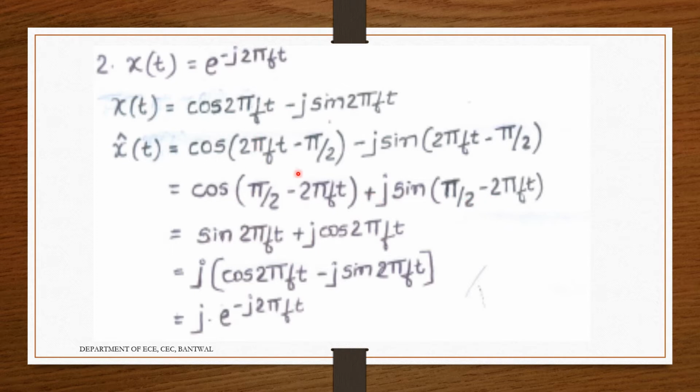So what is this? I am just shifting it here by 90 degrees. So that time it will become sin 2 pi ft, and minus j sin(2 pi ft minus pi by 2) is nothing but j cos 2 pi ft. So what has happened here? Hilbert transform is nothing but a 90 degree shift. So the 90 degree phase shift is being represented here. I have taken directly here that a cos 90 degree shift means sin, and a sin 90 degree phase shift means cos. So this is where the confusion was.